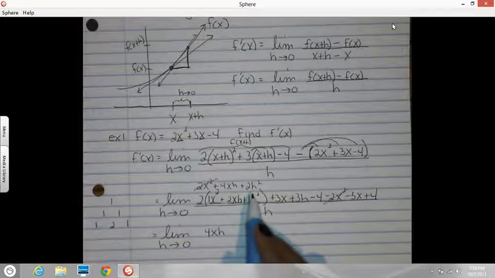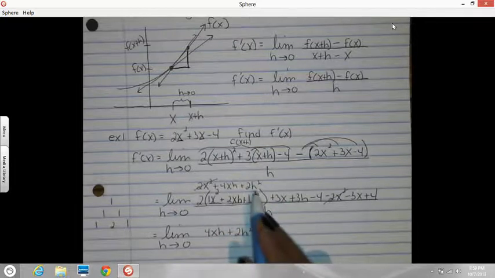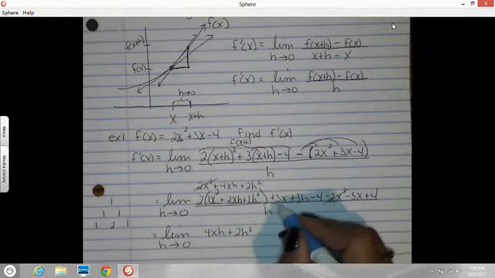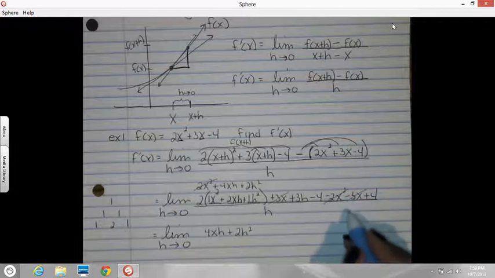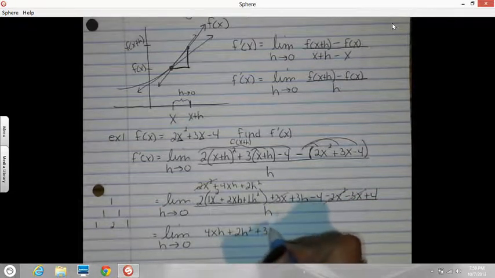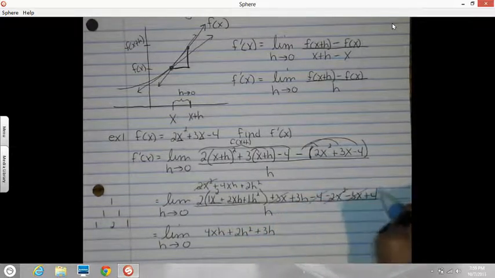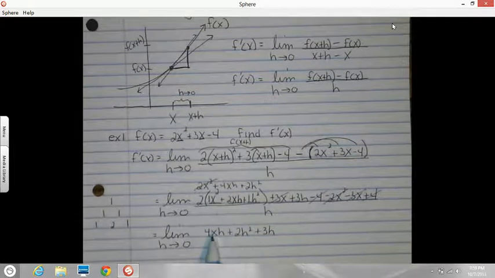Let's see, a plus 2h squared. I've got 3x and a minus 3x. Those are gone. I have a plus 3h. And then I've got a minus 4 and a plus 4. Those are gone. So after simplifying, I only have 3 terms left,